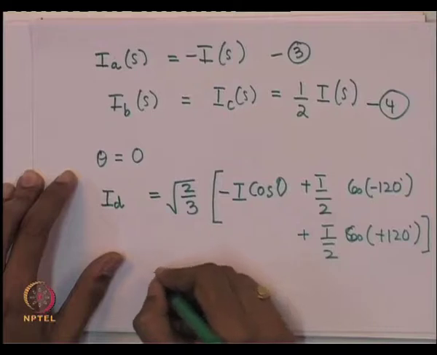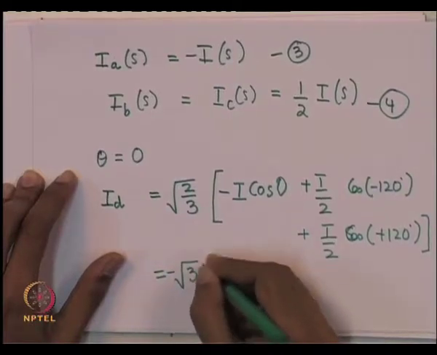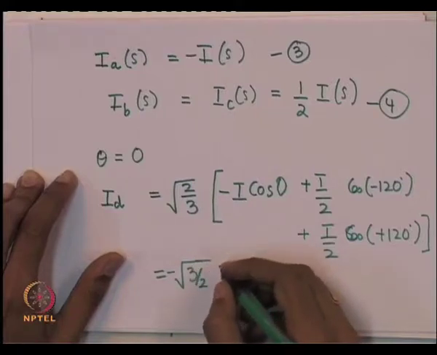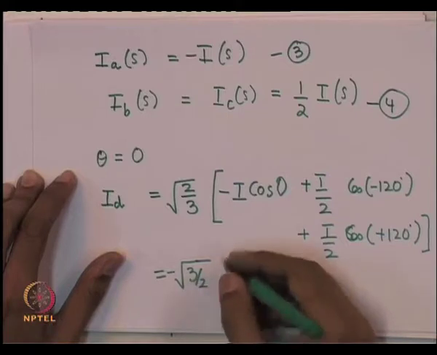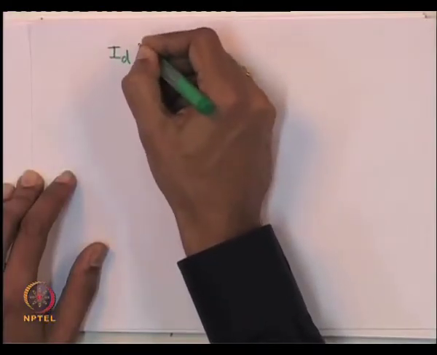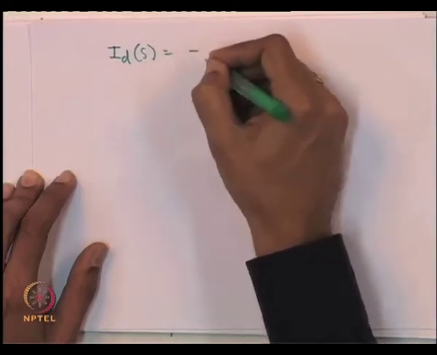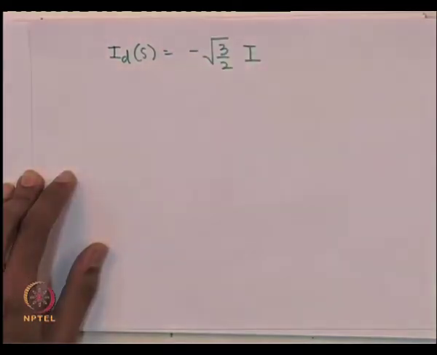So, this will be equal to minus of root 3 by 2 into I. So, we have got, let us just write it again, I d of s is minus root 3 by 2 into I, and